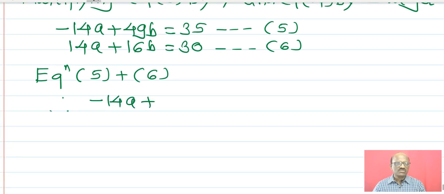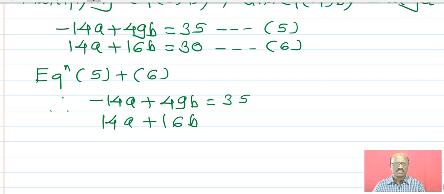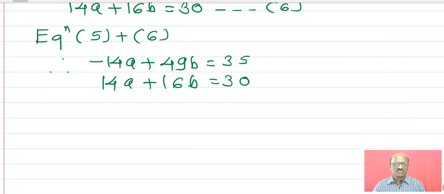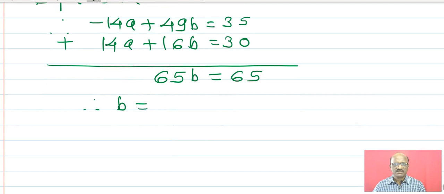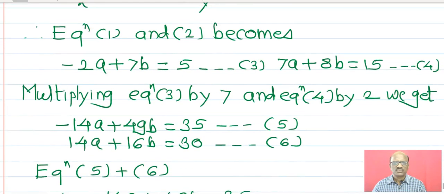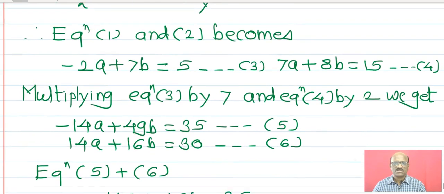If you add these two equations, then you will get minus 14a plus 49b is equals to 35 and 14a plus 16b is equals to 30. Therefore, if you add these two equations, 49b plus 16b, that is 65b is equals to 65, therefore b is equals to 1. Now put b is equals to 1